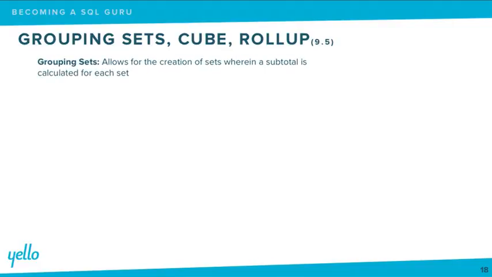I have a feeling we're going to spend some time on this one because it's fairly new. So grouping sets were introduced in 9.5. And essentially what this allows you to do is it's an extension of the group by. And what it allows you to do is perform a group by for different subsets within your data. And essentially what that allows you to do is create totals and subtotals and have them displayed in a single